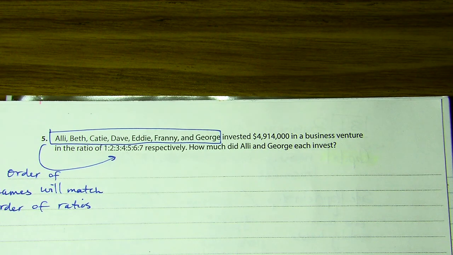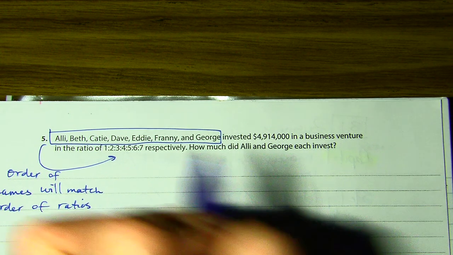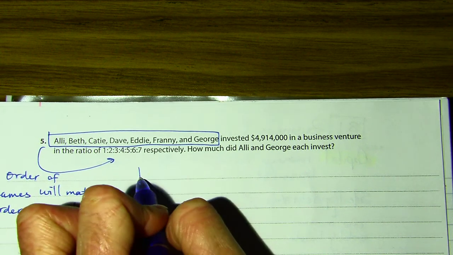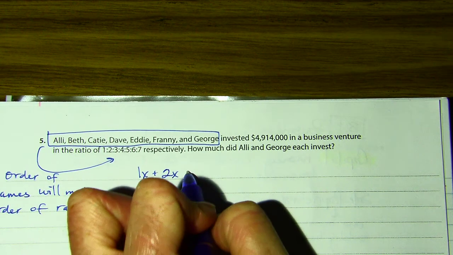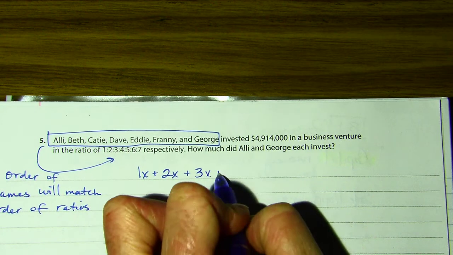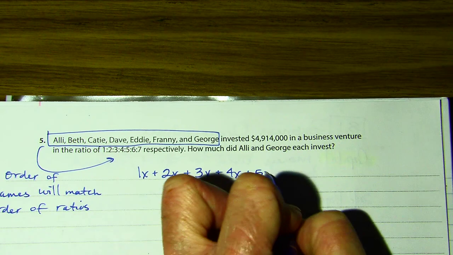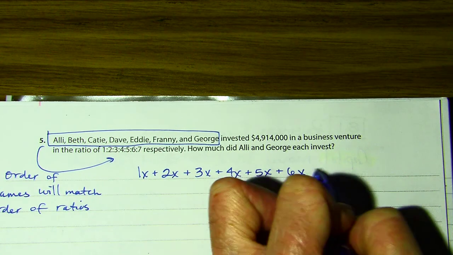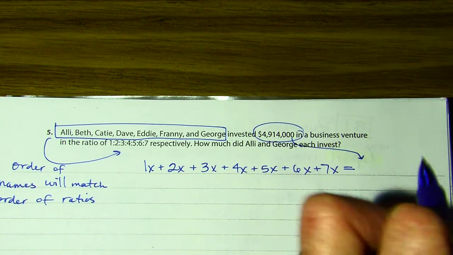So let's set up this investment. Just like we did for the last one, 1x plus 2x plus, assign an x to each one, and set that equal to the amount of money invested,